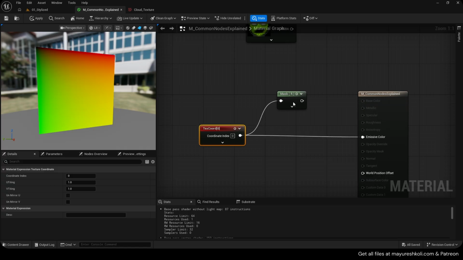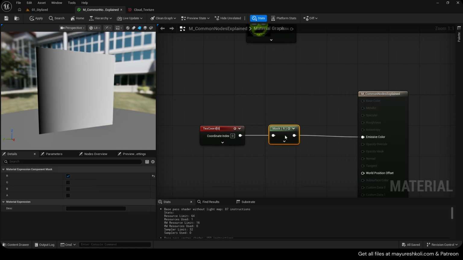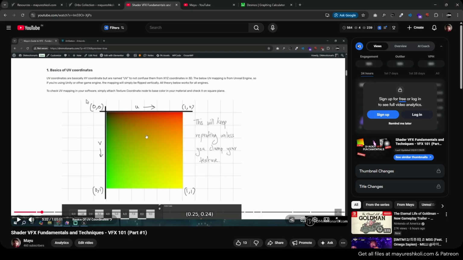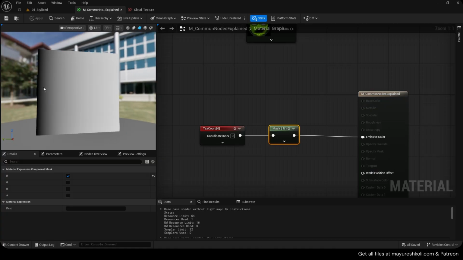And what would happen if I do masking of R channel, which is the first channel of UV, okay? We will get 0, like the first channel. We are masking only R channel. So the V channel we are not even taking. So it will be 0 around here, 0 around here. And this one would be 1 1. So it starts from 0 goes to 1, 0 goes to 1, which means we get a gradient 0 to